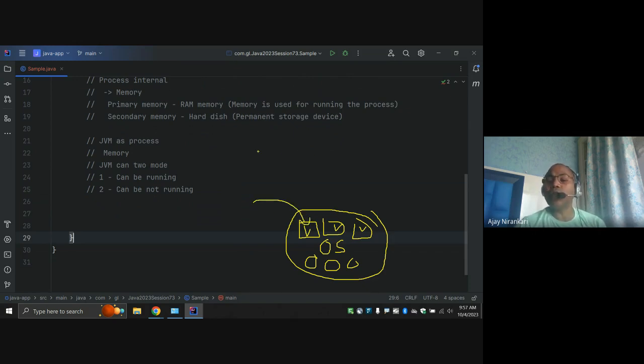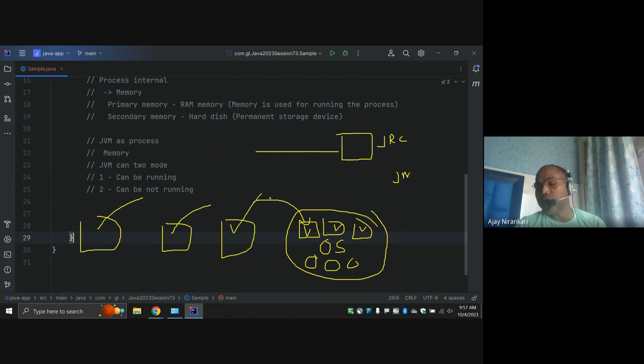You install only one software at a time. I install one JRE on my system, one time. But I can start many JVM processes, because from a command terminal I can start one JVM, another JVM, another JVM. So in your operating system, multiple JVM processes can be started.